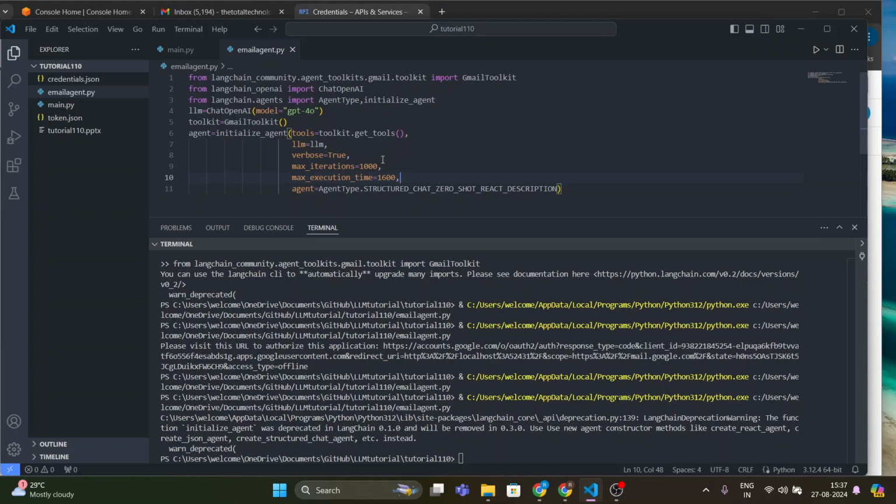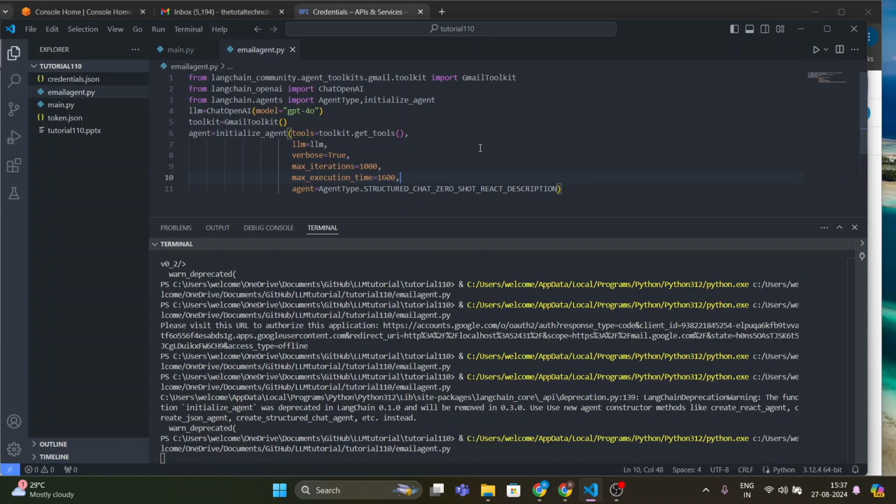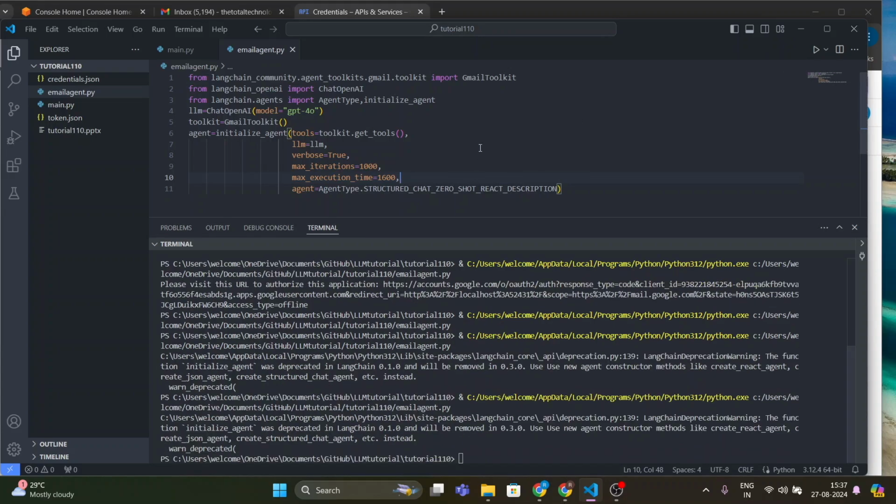Max execution times 1600. I believe all done. Okay, all fine. Everything is fine. Now basically we have to run this agent. To run this agent, we have to write def run agent,